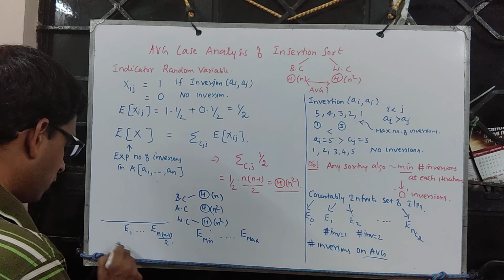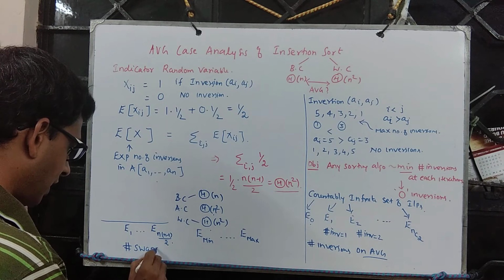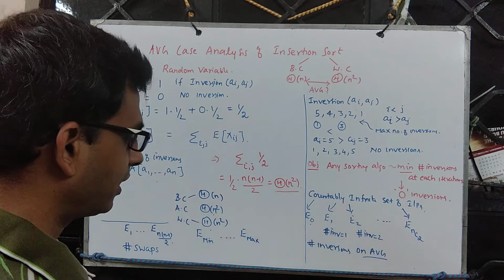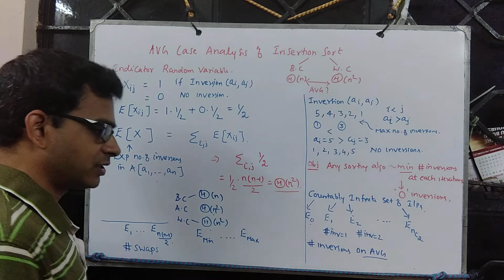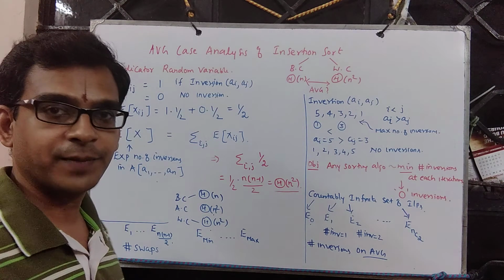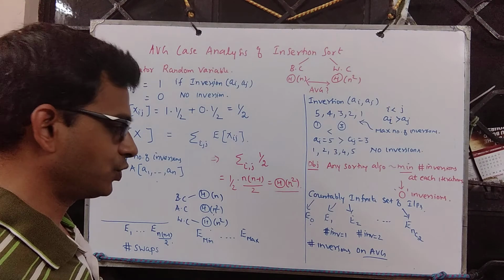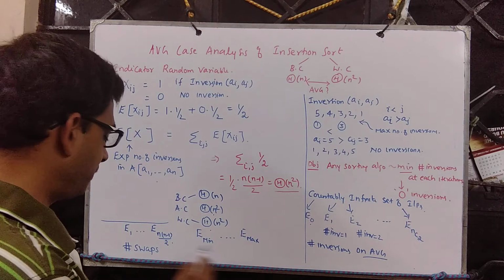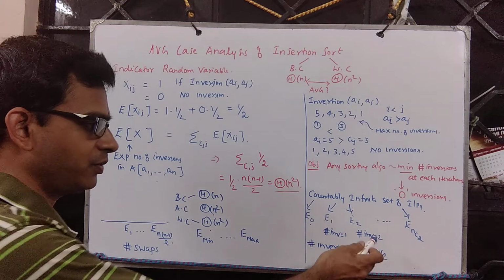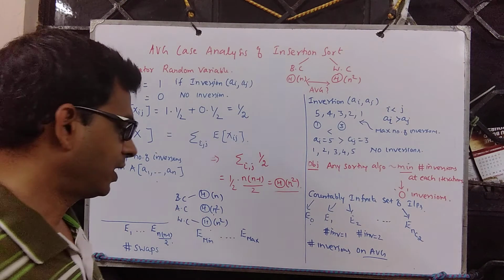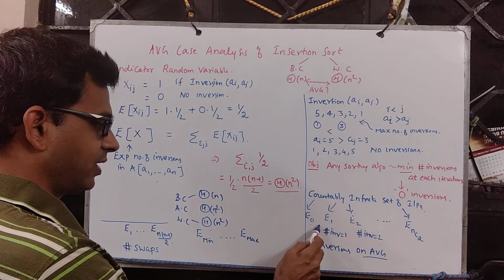Or one can also look at the number of swaps. For example, if a pair of elements is out of order, you need one swap. And it could be 1, it could be 2, it could be n choose 2. Then classify the inputs based on the number of swaps: 1, 2, and so on up to n choose 2. That's the second model. The third model is this.